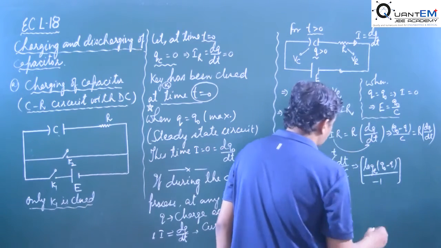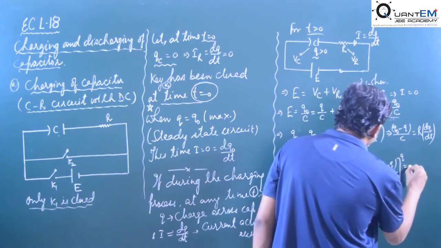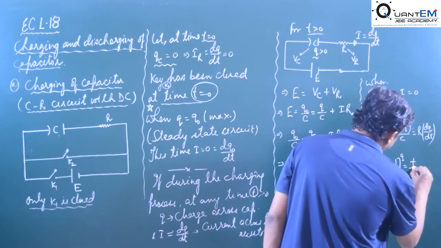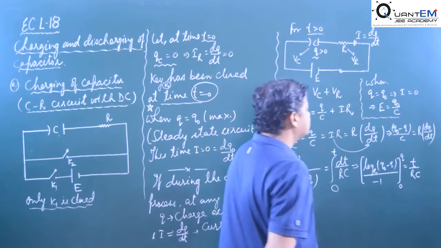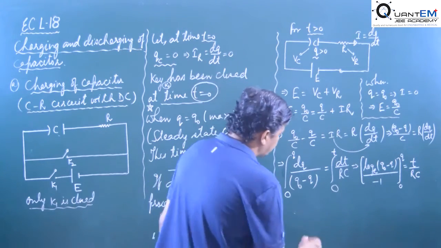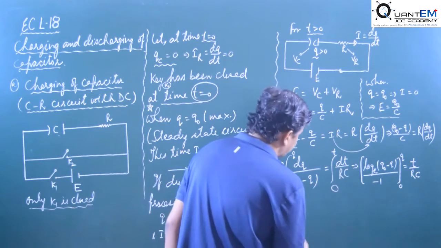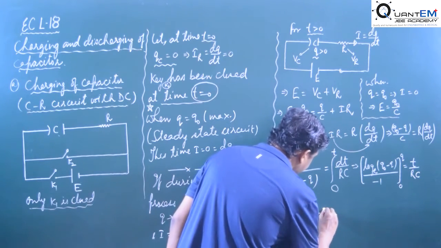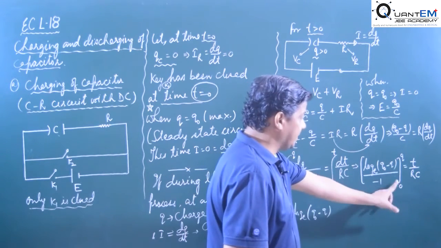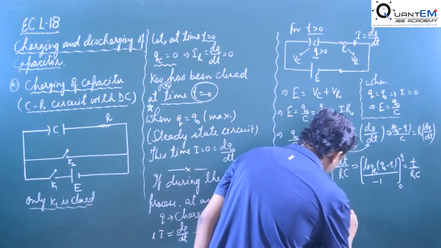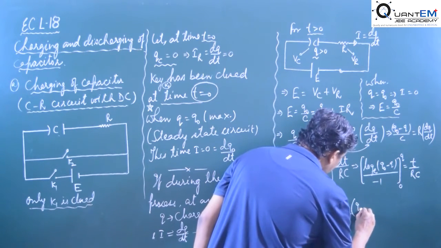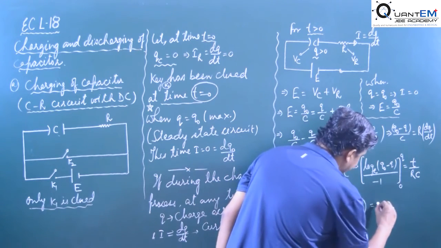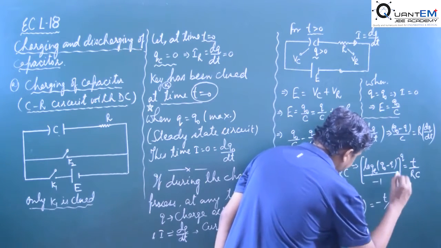The integral limit is from 0 to q, and that is equal to what? RC, our constant taken out, it will be T by RC. Okay, now we come to the next step. So what do we get? Upper limit, firstly we put the upper limit, then we will have to put the lower limit. In place of q, we take 0 here. So we get the result, -1 taken this side, minus T by RC.